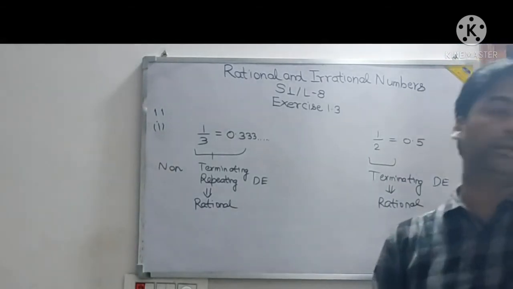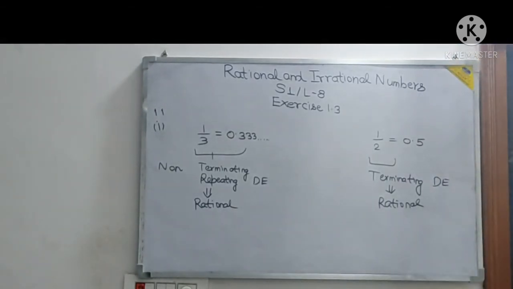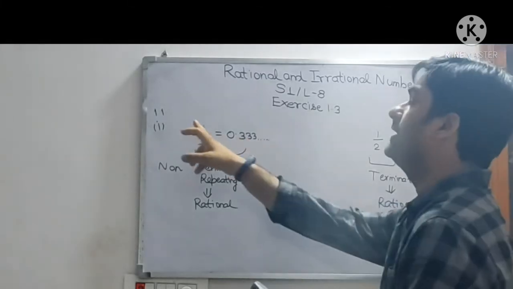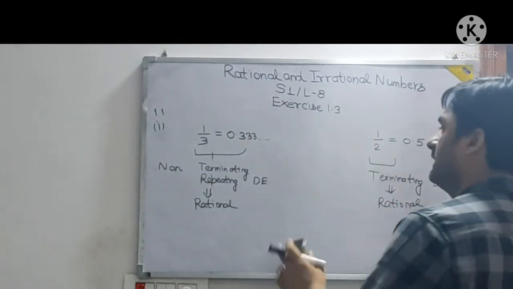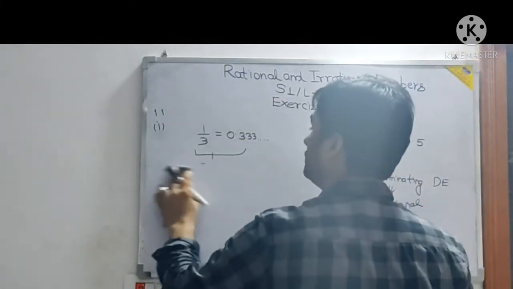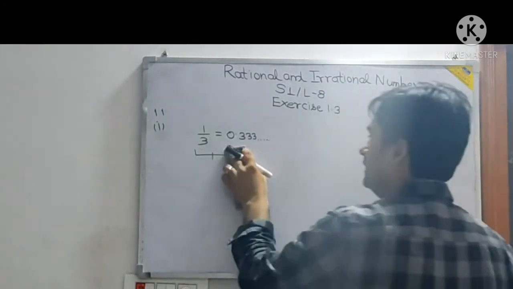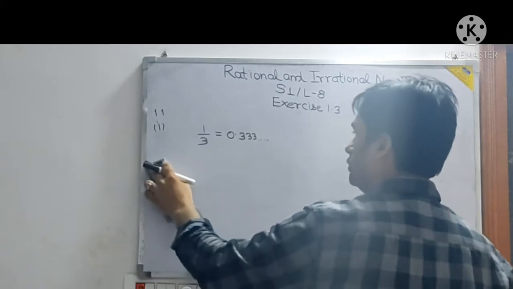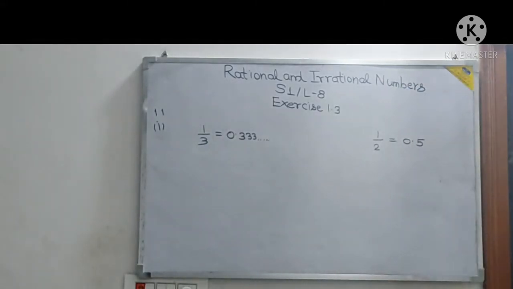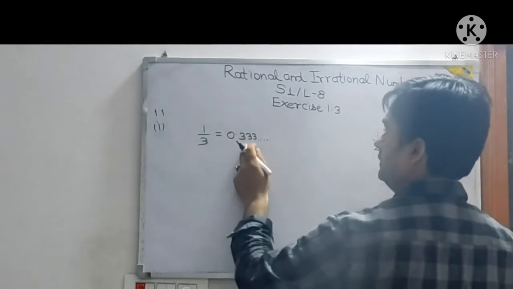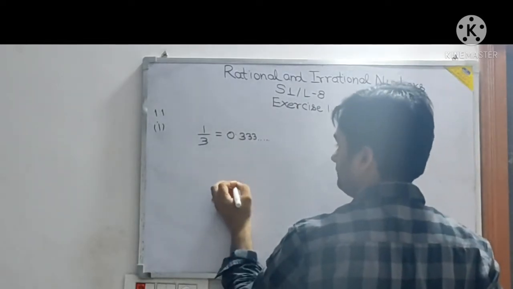So whenever they are giving 1 by 3, 2 by 3, 4 by 5, all these things, you have to just insert an irrational number. It may say 1, it may say 2 also. Now the only thing is that the irrational number which you insert should be between them. And how many has it asked? N.